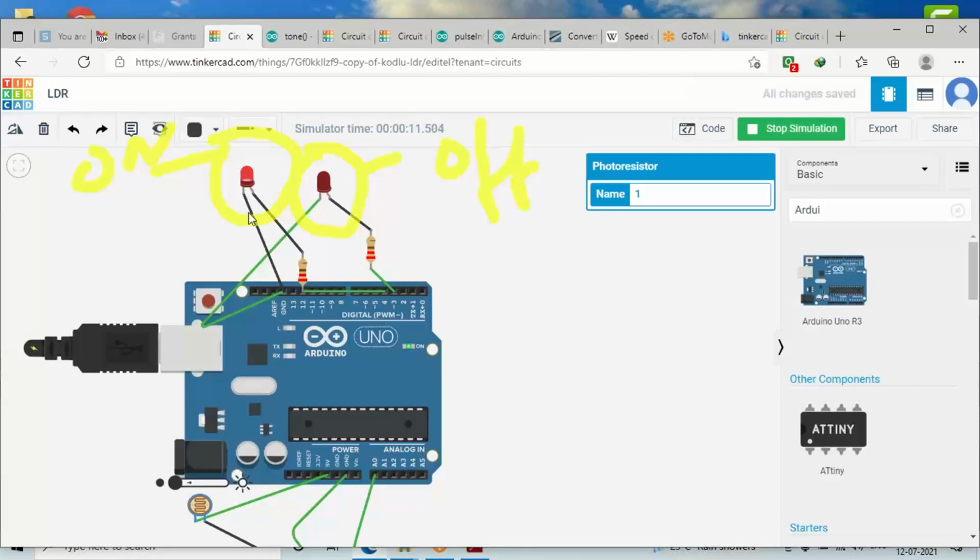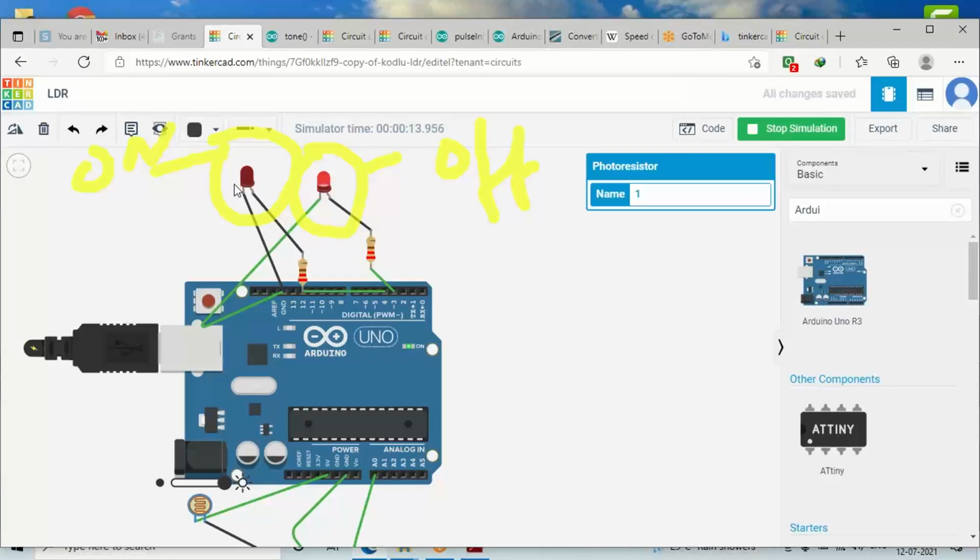As the intensity of light changes, the LED bulbs also change their values. Now if you observe carefully, I'm moving from night time to daytime, and you can observe that the LED connected to pin number 3 has become on and the LED connected to pin number 4 has become off. Just the reverse has occurred.